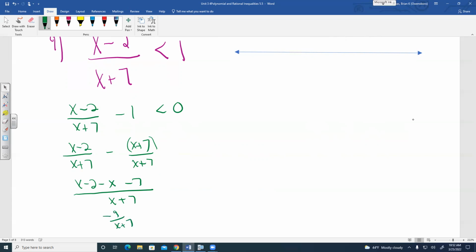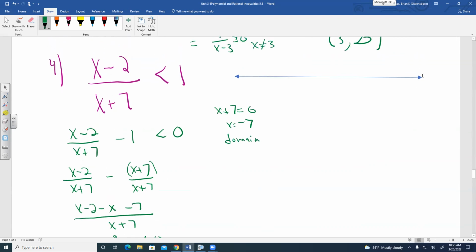And that's going to be less than 0. So notice how again, we cannot equal 0 here, but the less than means we're looking for negativity. So notice that the only thing we have to deal with is a domain restriction. So in our problem, x plus 7 equals 0, x equals -7. That's going to be our domain restriction. That's the only 0 that we really have, but it's just actually a domain restriction that we want to put on there. So on our graph, we're going to put this -7 here, and we're just going to test the